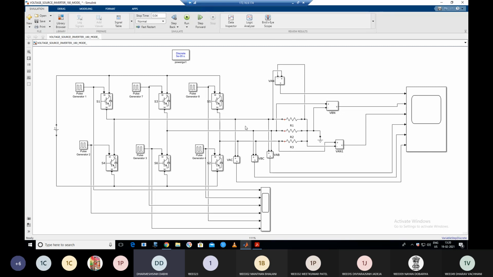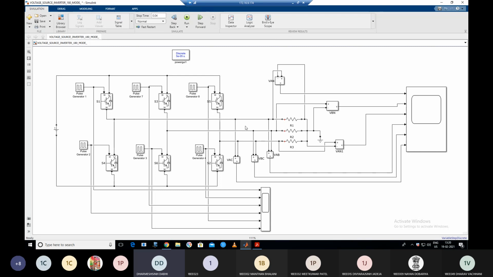So first you draw the circuit diagram, then the gate pulses, and then see how many switches are turned on in each 60-degree interval, and based on that draw the equivalent circuit, and then find out the line voltage and phase voltages for 150-degree mode. Okay, that topic I give you for self-study. That is not in your theory and not in your syllabus, but we will do the simulation on that. That is also for self-study.